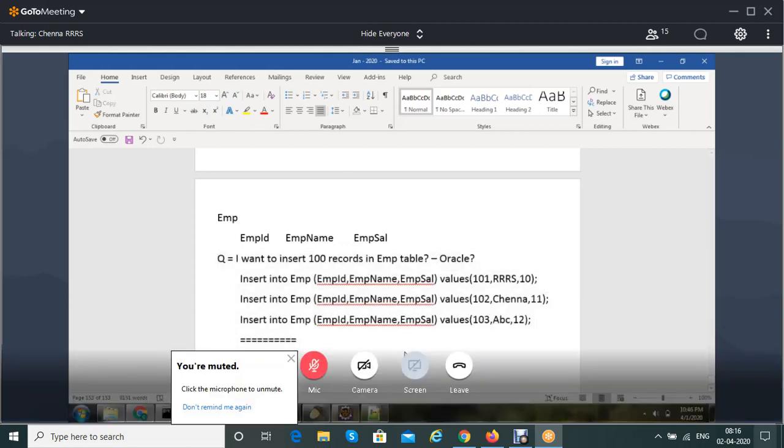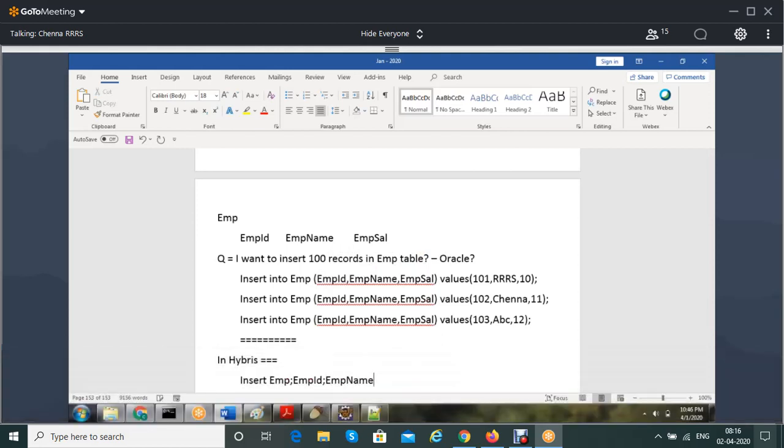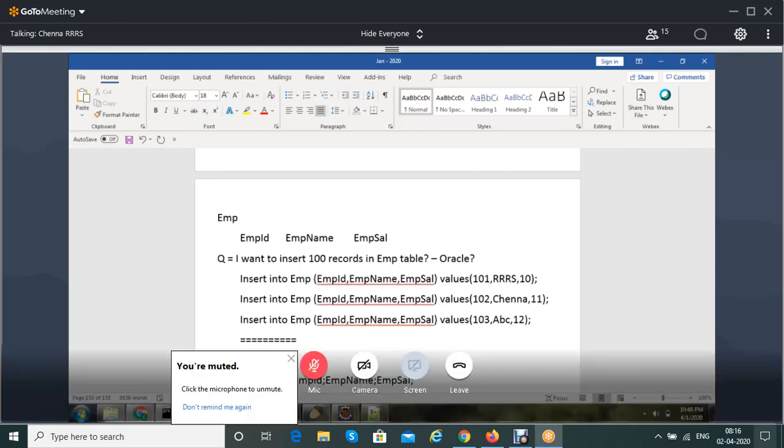If you want to do the same thing in Hybris, it is simple if you understand the basic logic. You will write insert. What is the item type? Employee, semicolon. What are the columns? Employee ID, semicolon, employee name, semicolon, employee salary, semicolon.